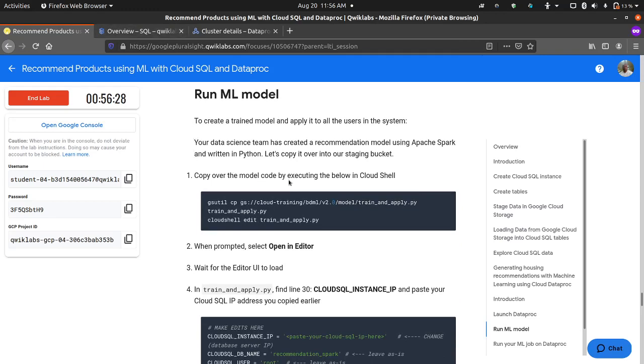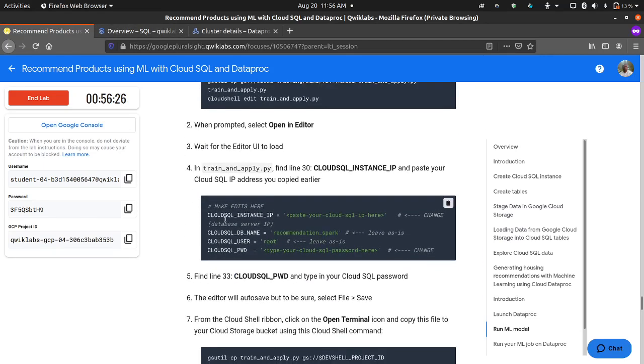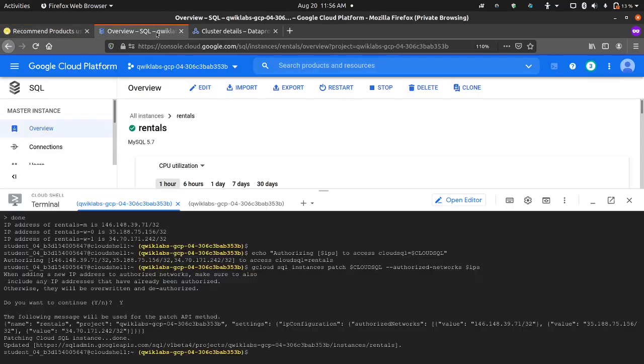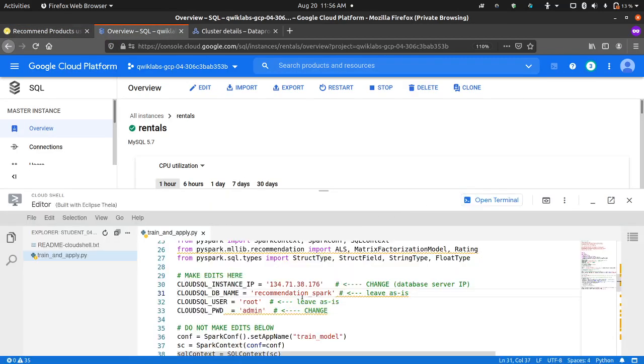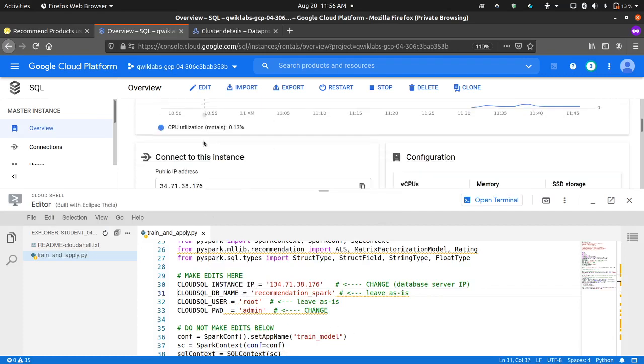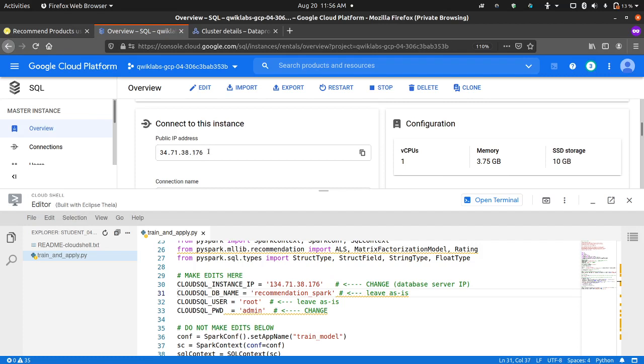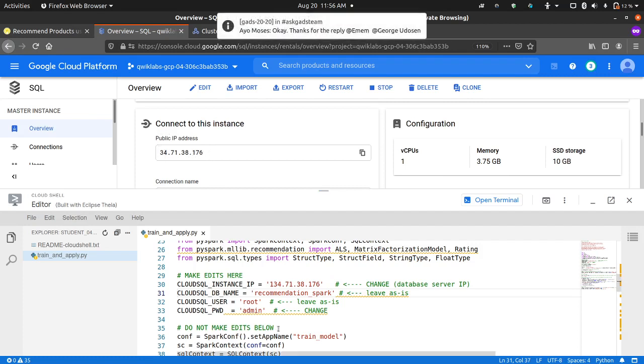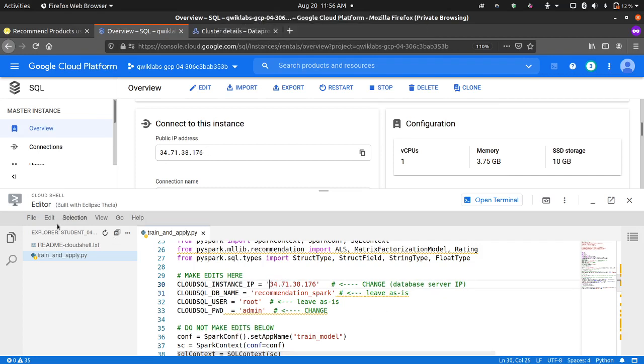Copy over the model by executing this, and then make these modifications. Let's go and look at that file. Okay, we have the admin IP address. Let's look at the IP. Okay, so that's the problem. I see 34 here, and we have one this. So that's the problem. So let's save this one here,